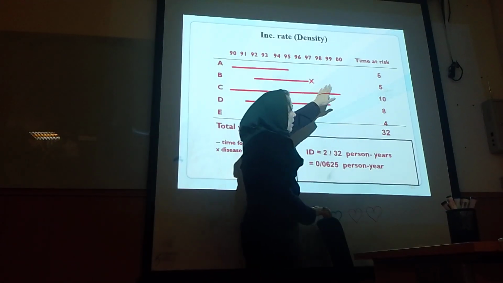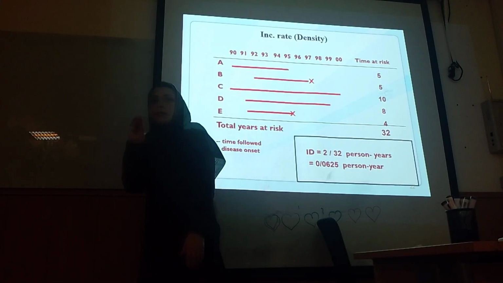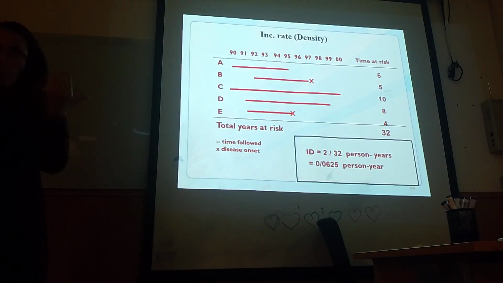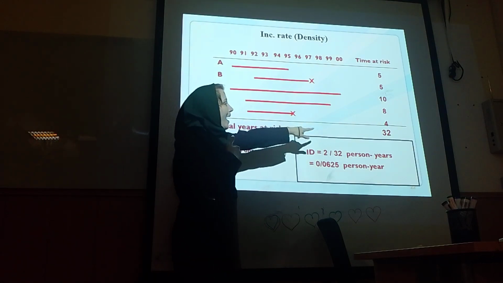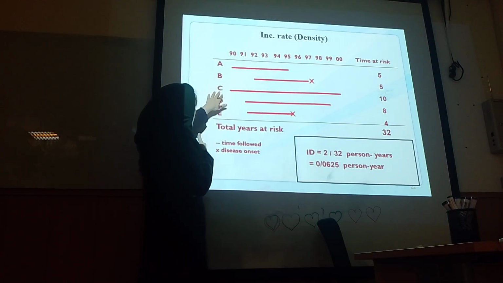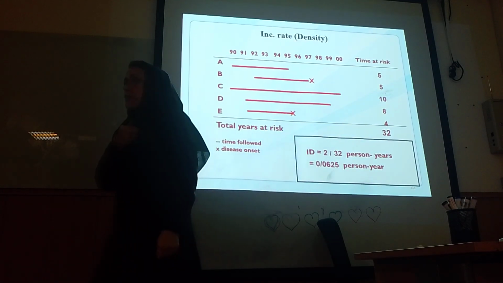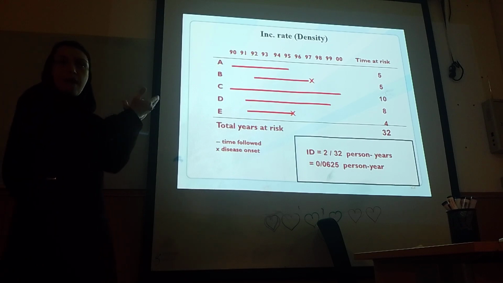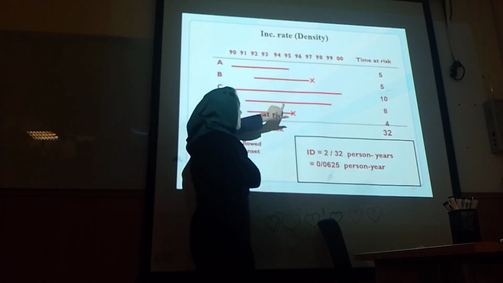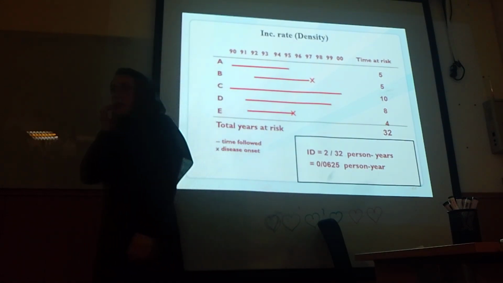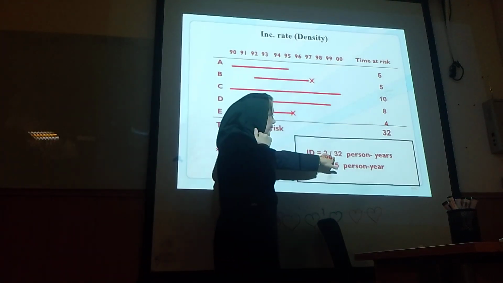So these are the numbers of follow-up years, 32 years. Among these follow-up years, I had just 2 events. So 2 divided by 32